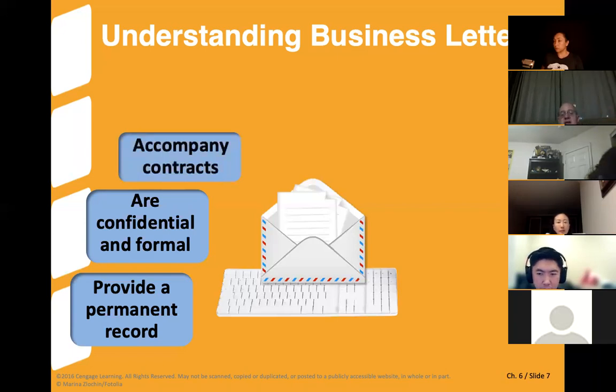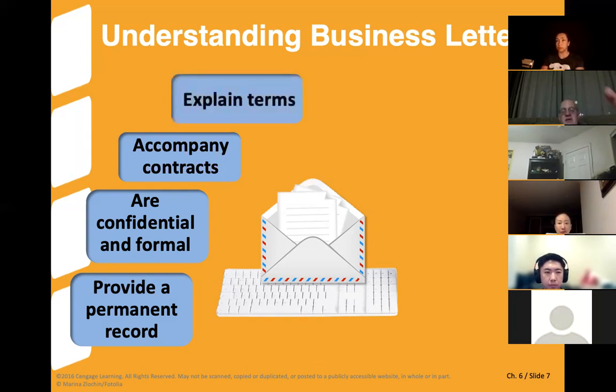You're always going to have a letter that accompanies a contract. The contract will be full of the terms of the negotiations, and the letter would preface it to say, attached, please find the contract. This includes all of the deliberations and negotiations that both sides have been talking and working out over the last few weeks. If you still have any questions or things that you feel still need to be addressed, please let me know. Otherwise, I look forward to receiving the signed document back by a certain date. That's the kind of thing that you would communicate when you send that document out. That letter would explain the terms of the contract, for instance.